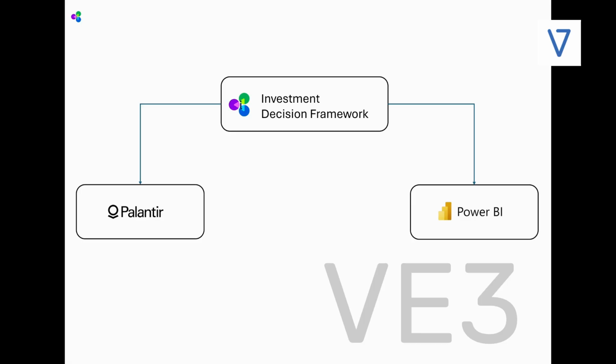This integration means that real-time data and evaluation metrics can be further analyzed in external systems like Power BI or Palantir Foundry, providing richer insights and extended reporting capabilities. Secure APIs and data connectors guarantee that all data transfers adhere to the highest cybersecurity standards.